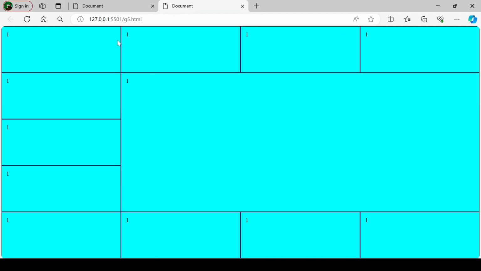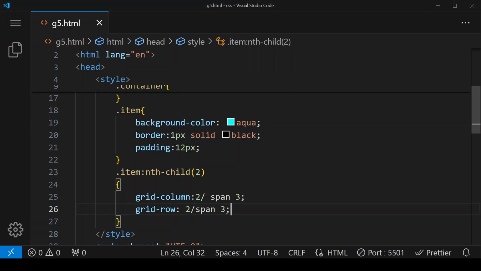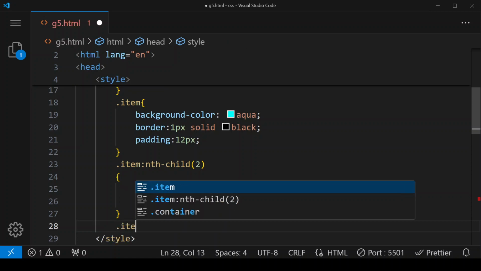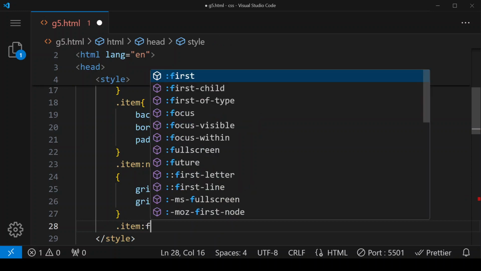We are starting from column number 2 and row number 2. So this is the region from where it will start merging, and it will merge 3 rows and 3 columns. So it has merged 3 columns and 3 rows. Next we have to merge this first row. So for that, here dot item first child,